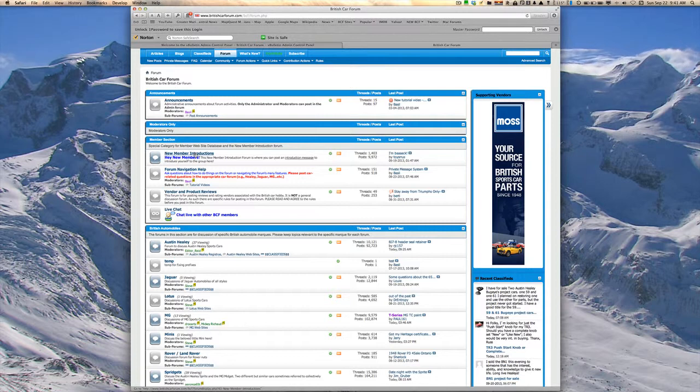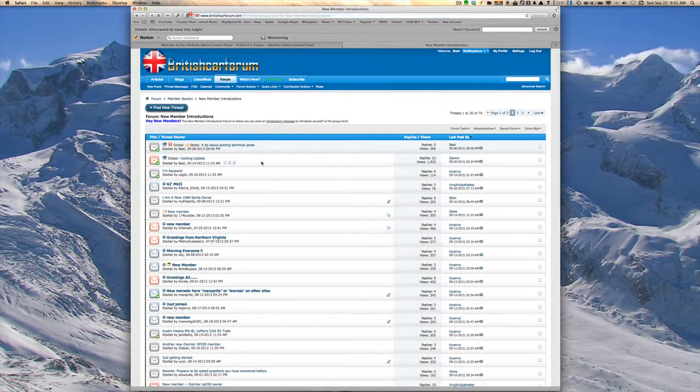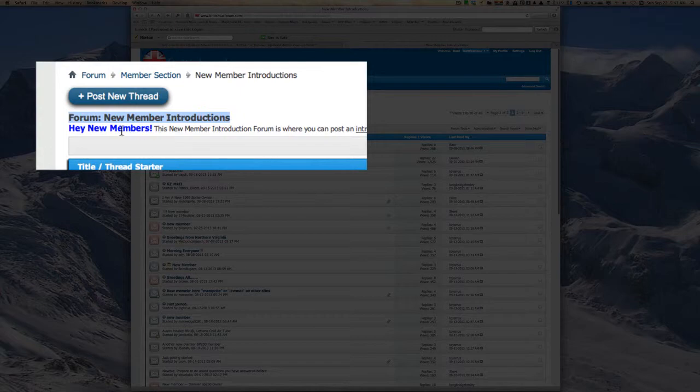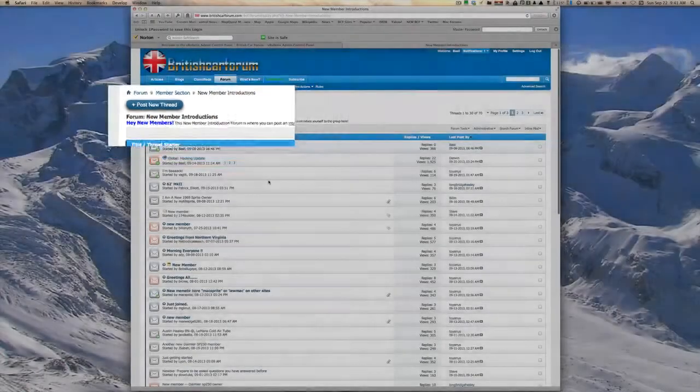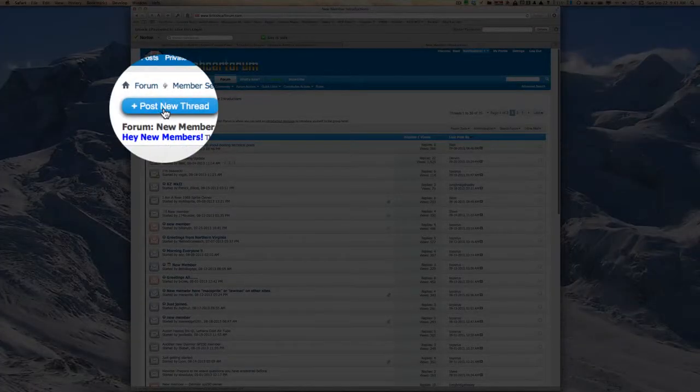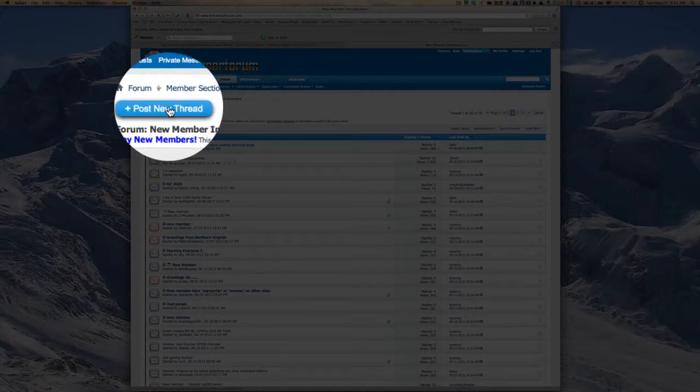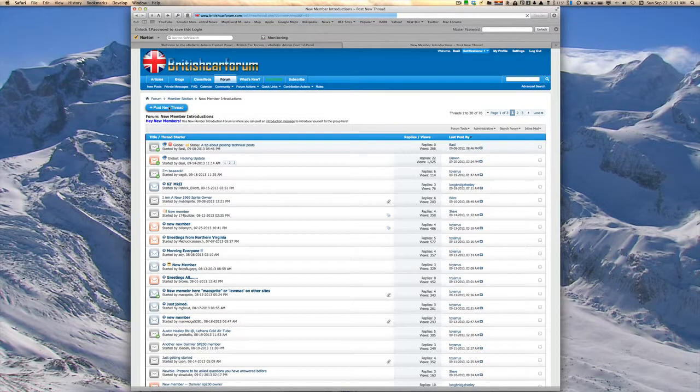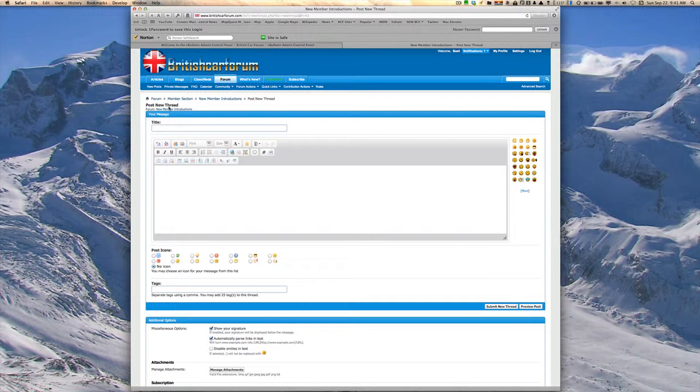So I enter the forum by clicking on the name of the forum, not on this button over here, but you actually click on the name of the forum. Now I am in, as you can see right here, the new member introductions forum. You'll also notice there's a post new thread button right here that I click on